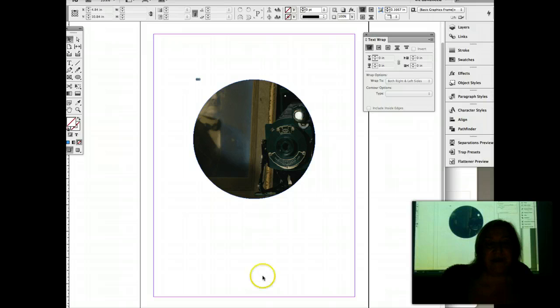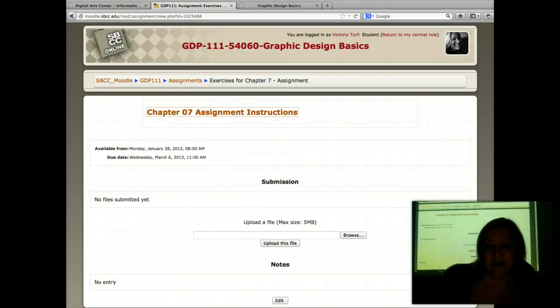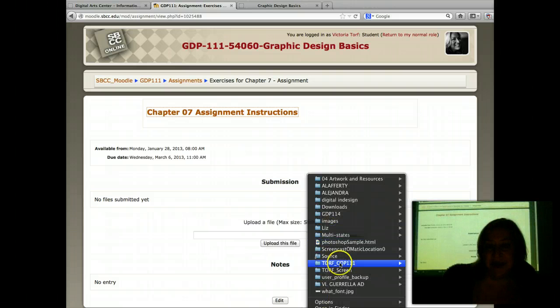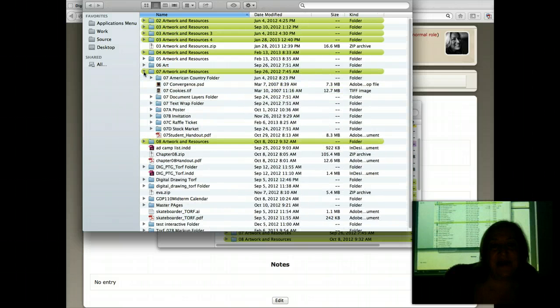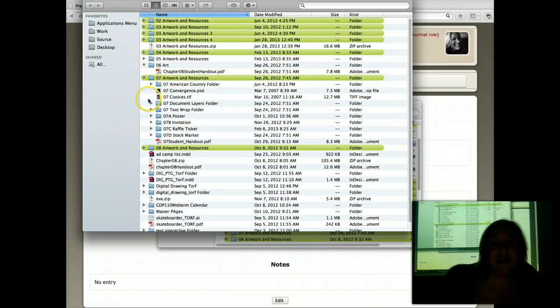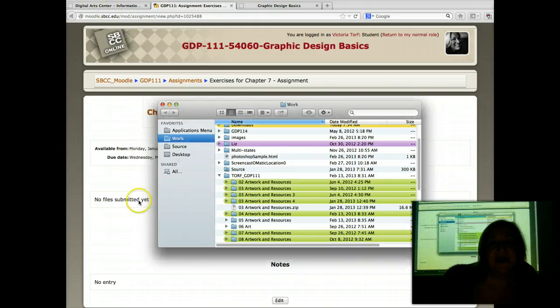Okay, so layers is interesting. There's an assignment, and I'm not sure if I downloaded everything, so let's look in the work folder and see what we've got here. Let's look there. And I don't think that I have all my graphics. Okay, I don't. And I don't want to make you wait for me to download Cheeseburger, but layers in InDesign